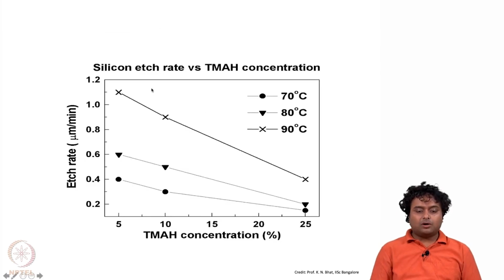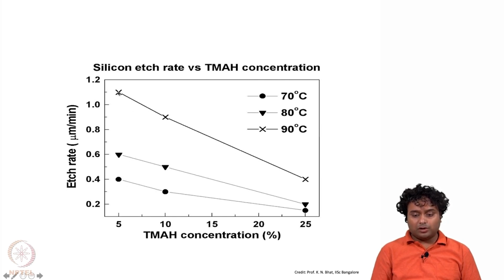Now here we are comparing silicon etch rate with TMAH concentration. As you can see, as we increase the TMAH concentration, the silicon etch rate decreases. These graphs are drawn at different temperatures. At 70 degree centigrade the etch rate is the lowest compared to the other two temperatures. Another point you can note from this graph is that as we increase the temperature the etch rate gets higher and higher, whereas as we increase the concentration the etch rate gets smaller and smaller,